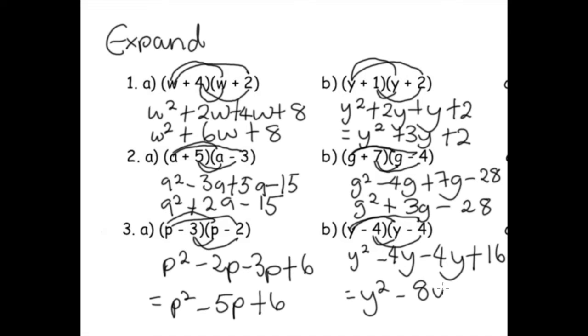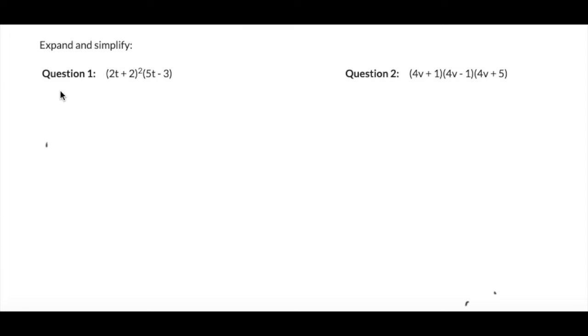So in the next two questions, we're going to be expanding triple brackets. So the first question says expand and simplify 2t plus 2 in brackets squared and 5t minus 3. So what I'll do first is to simplify 2t plus 2 in brackets squared, which is